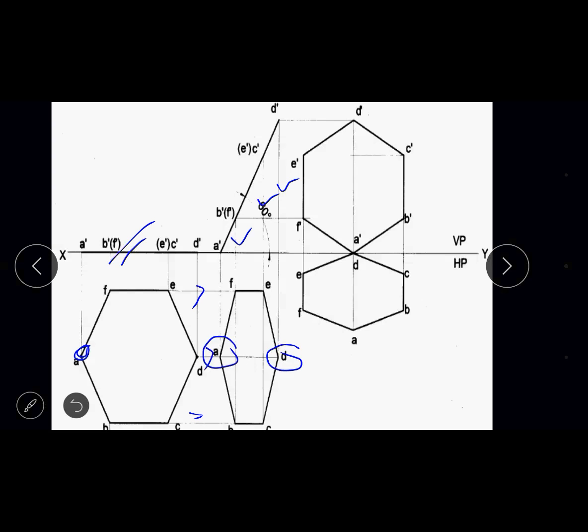So this corner D of the hexagon is placed on HP. You can see this in the third figure. You can look at that. The corner D of the hexagon is